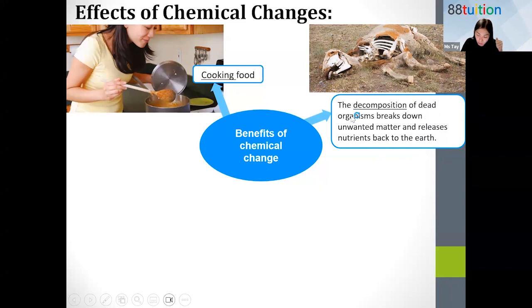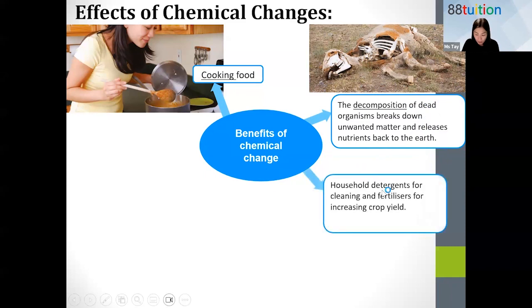This is what you need to remember. Decomposition, Miss Tay mentioned just now, can be bad, but there are good sides of it. Household detergent,